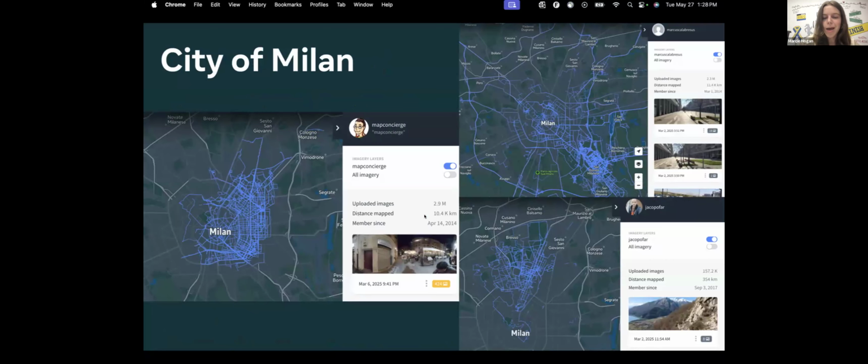Kind of stepping away from municipal examples is the city of Milan. So I didn't really touch on this, but Mapillary has a massive hobbyist community as well. A lot of them are tied to OpenStreetMap, but some of these people are just out there capturing imagery because they believe in open data, and they want to see their world mapped. So in Milan, we have a pretty remarkable thing going on right now where we have three individuals, Jacopo, Marcus,